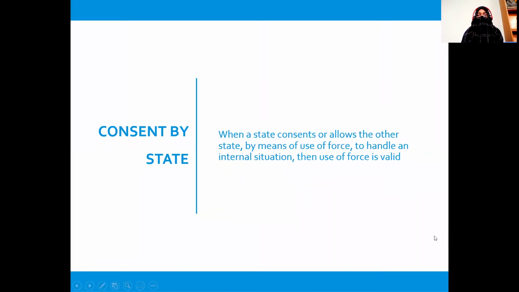The last exception is consent by the state. That is, when a state itself consents to the use of force in order to eliminate or make peace during an internal conflict, only then can the other state intervene and use force. So these are the four exceptions to the use of force. Generally, these are the cases. The most important one is self-defense, and these are the cases where it is primarily preferred that the Security Council is involved and actually makes peace